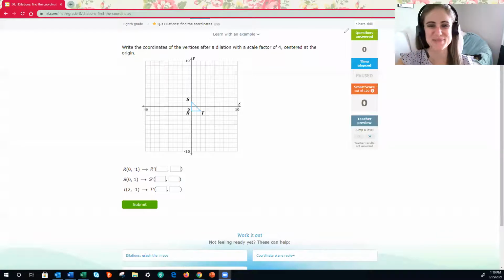Hey guys, welcome back. We are now moving on in our transformations unit to dilations. Up until this point, we have only worked with our rigid transformations. So a translation, a slide, a reflection, a flip, and a rotation, a turn. Now we are moving on to dilations, and dilations are not rigid because they affect the image's or the shape's